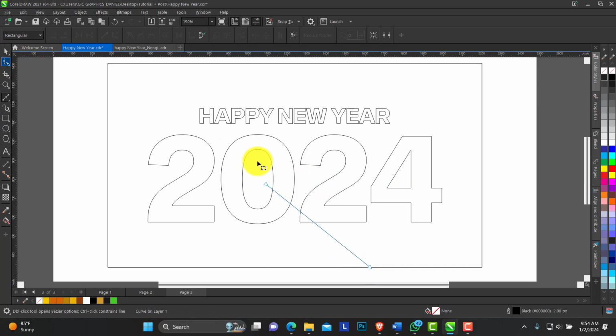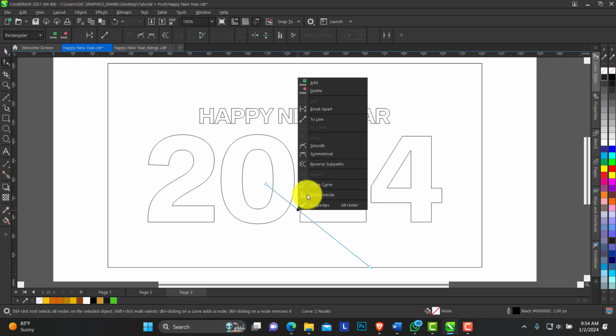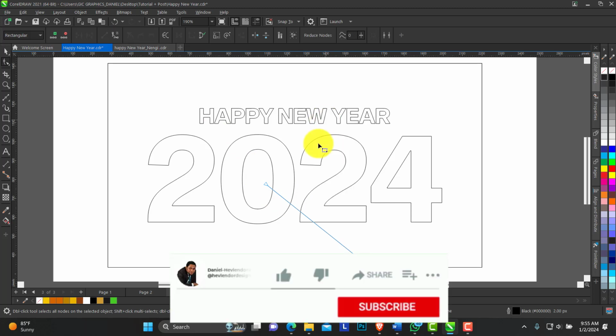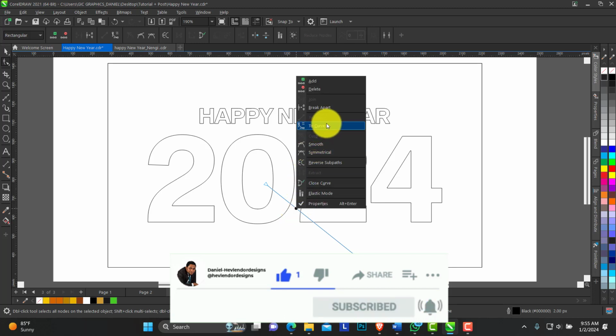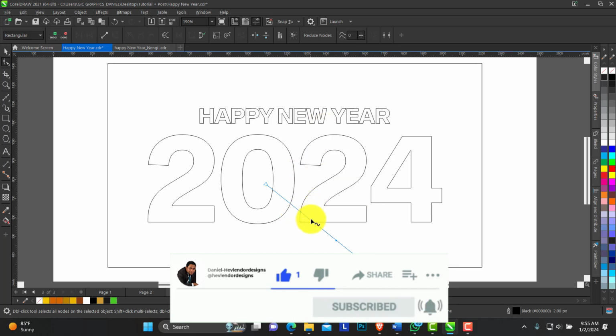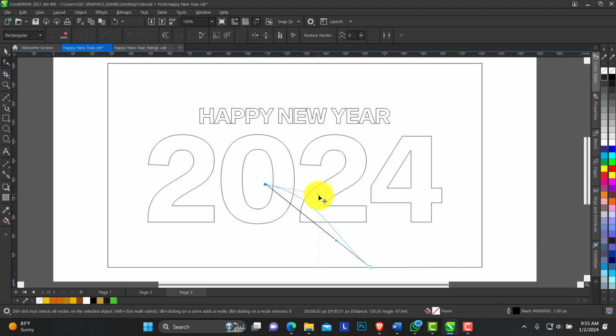So I'll just create a line and convert it to curve. Select the line, and on the property bar you can see you have convert to curve, or you can right click and you will also see convert to curve. Now the line is already a curve, so I change it back to line. If I click on it again, you can see convert to curve when you right click. Okay, so now we can just make this